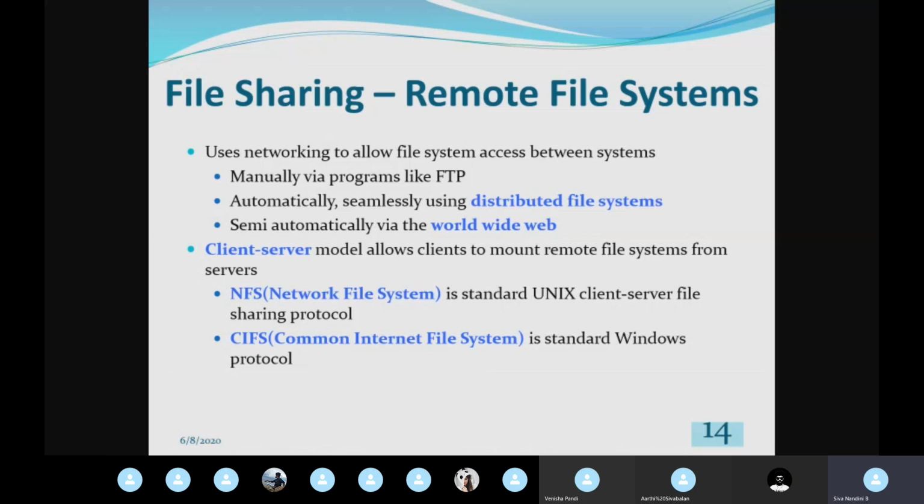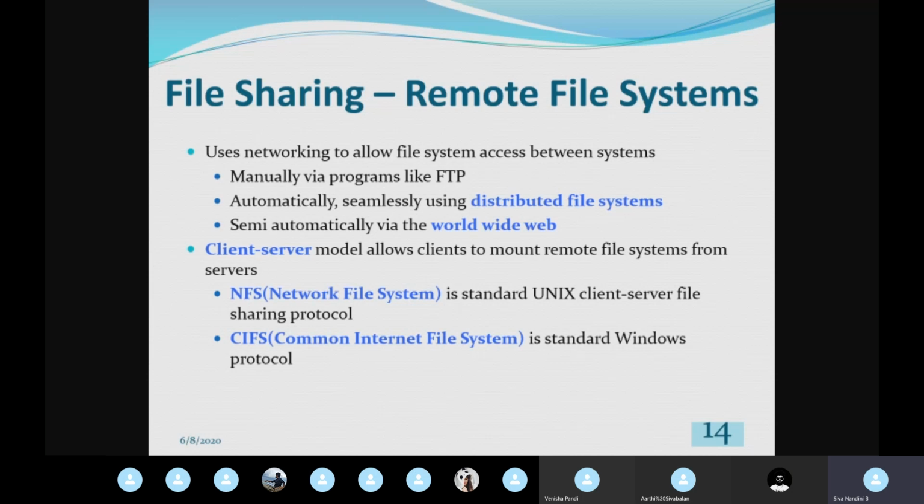Another method of file sharing is somewhat semi-automatic. It is by means of the WWW, that is, World Wide Web, through the internet. We can share the file through some browsers. For example, take our Moodle itself. In Moodle you are uploading some assignment from your home, and I am seeing that assignment in our college through that browser.